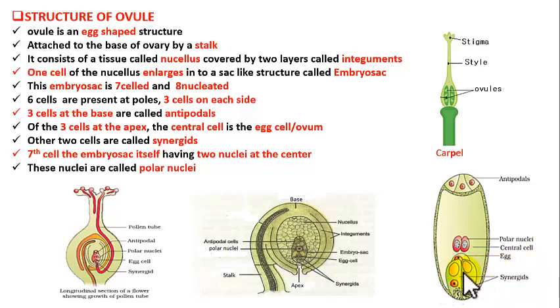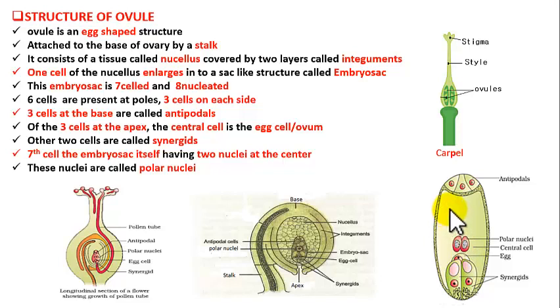So we have seen 6 cells now. Now where is the 7th cell? The 7th cell is this one. This whole structure is the 7th cell. So the 7th cell is holding 6 cells. This big cell is holding 6 cells inside. Got it, students? So 7 cells are traced out.